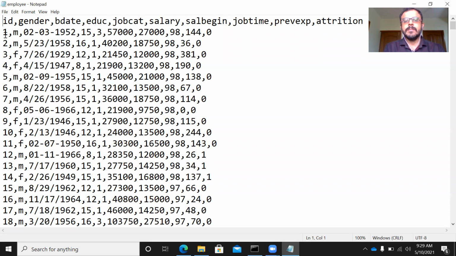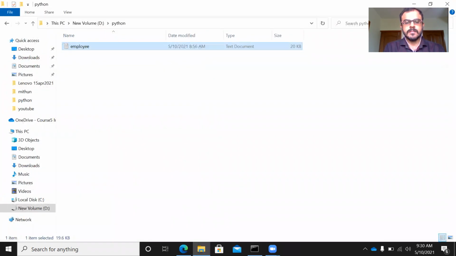The question is, how do we import this kind of file into my Python environment? You also need to observe the second important thing, and that is that the two columns are separated by a delimiter. The name of the delimiter here is comma. On many occasions, you can have a tab delimited file. But for the purpose of this presentation, let us focus on a CSV file, comma separated values, and how we are going to import this particular file into the Python environment. Let me close this file.